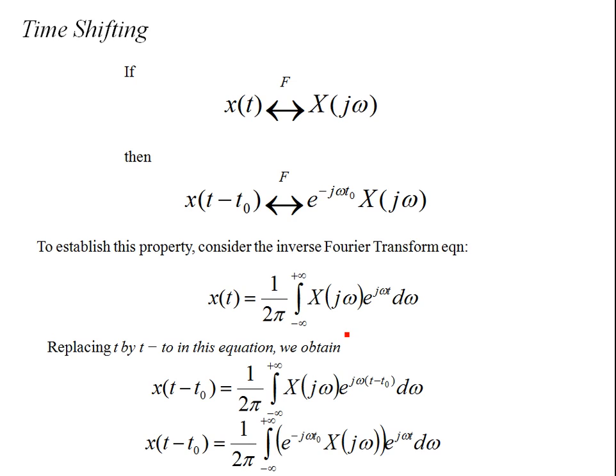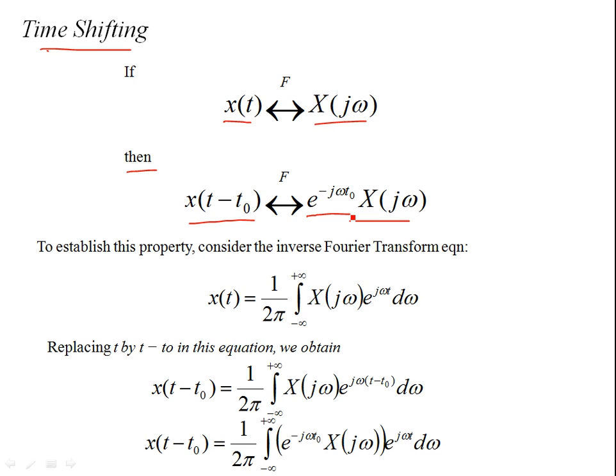So that's linearity. Then comes the time shift. If you have the Fourier transform pair x(t) with X(jω), and there's an arbitrary time shift t0, which can be a positive or a negative quantity, so the signal is shifted in time, then in the frequency domain there's a multiplication with an exponential, and this exponential implies that there is no change in the magnitude of the Fourier transform.